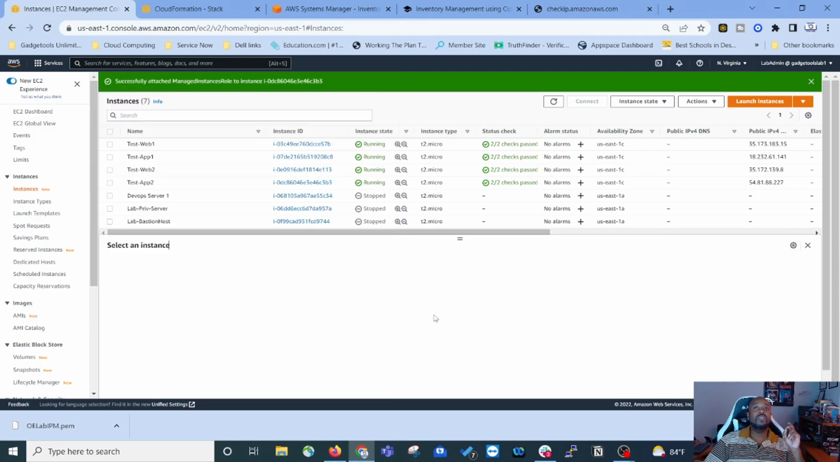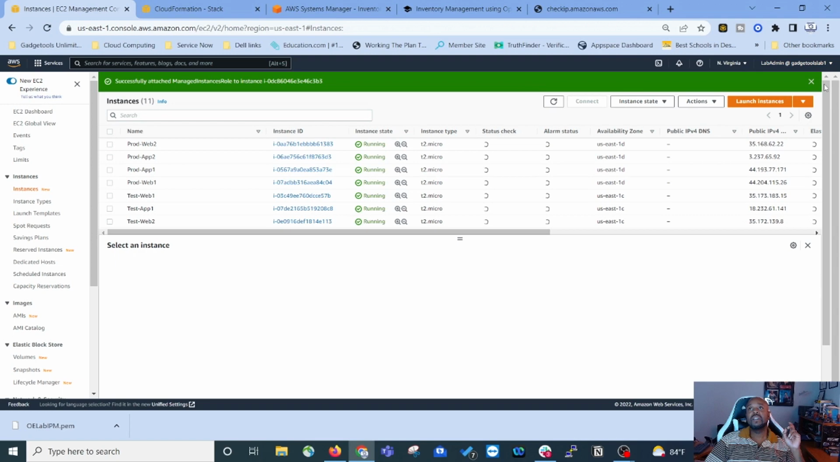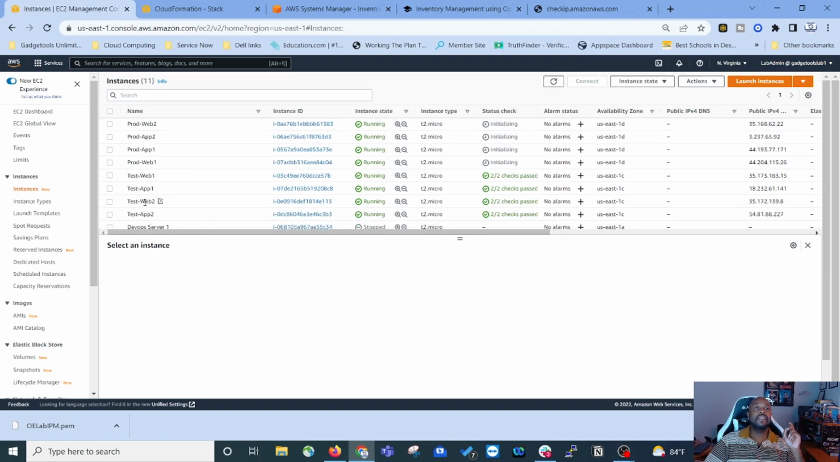We'll go to EC2. We'll refresh the EC2 page. And as you can see now, 1, 2, 3, 4, 5, 6, 7, 8. We have 8 instances running, 2 CloudFormation stacks. The first stack was deployed in US East 1C, and the second stack was deployed in US East 1D. It looks like they are still initializing, but we're going to go ahead and associate that IAM role with these,